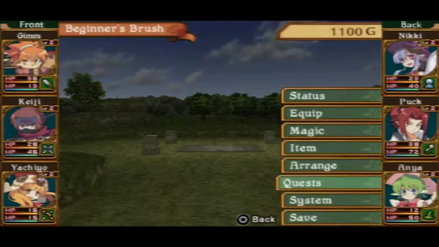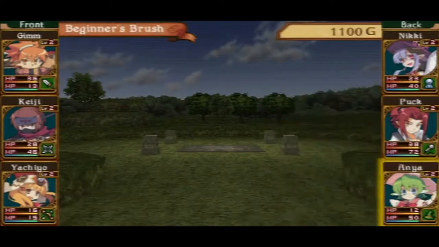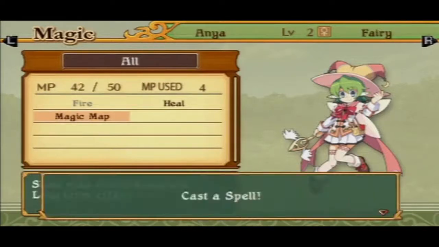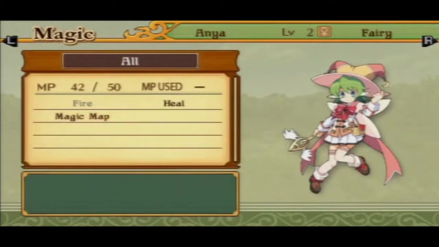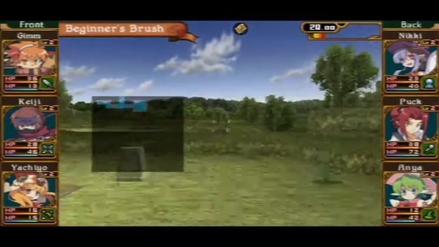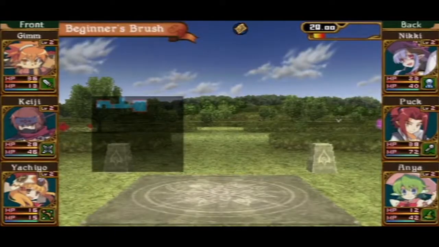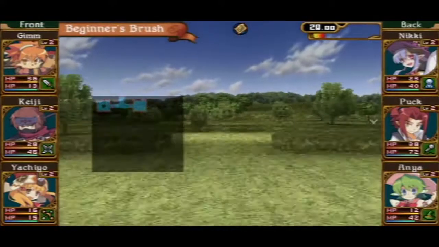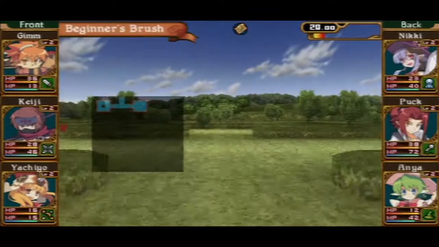Actually, first thing we gotta do, which I actually totally forgot to do, is we need to go to Anya's Magic and use Magic Map, because that will give us an actual map of the place, which I've actually just used twice, so there we go, I guess we get 2 maps, wonderful. Isn't that fantastic? I have no idea what this thing is on the floor, but it sure looks magical. I wonder if that's going to be something later on, I don't actually know, I've not stood on it,